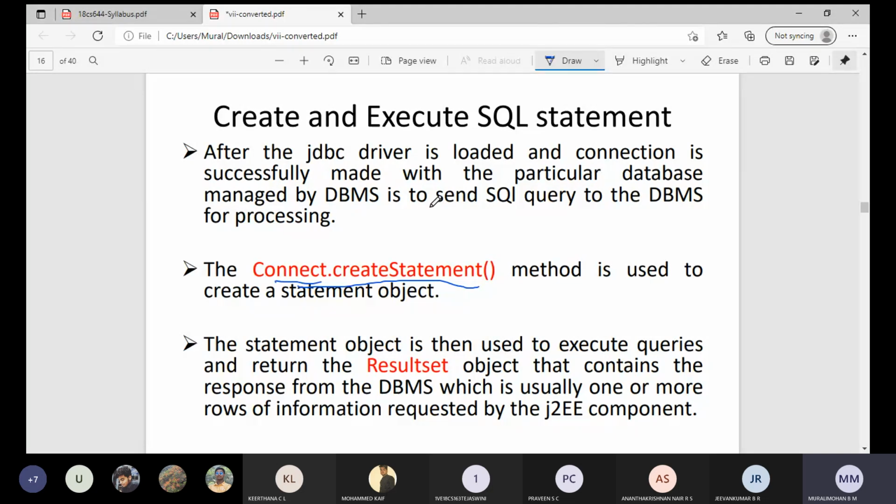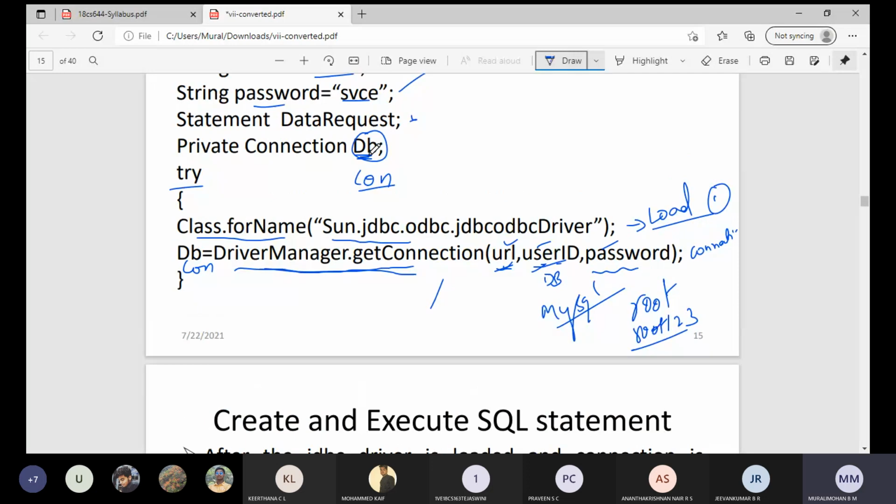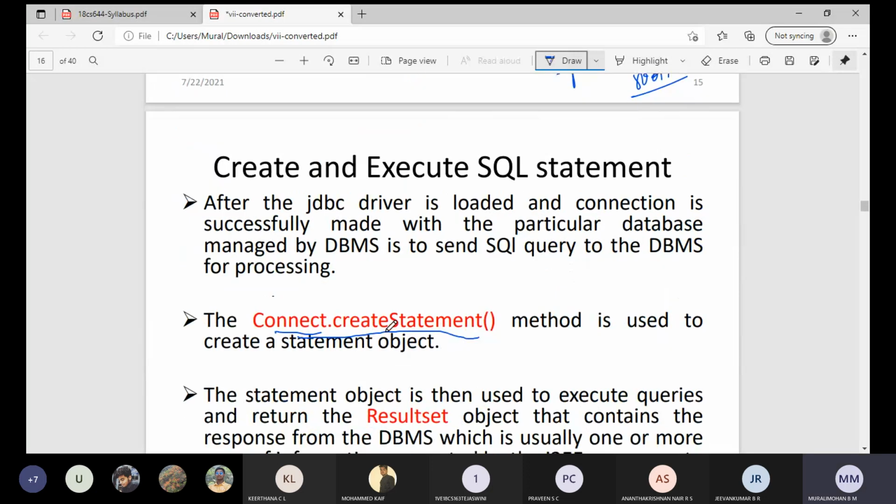So here we can use DB.createStatement, like that. Or if you are creating CON, then you can use con.createStatement. Or if you are using DB, then you can use db.createStatement. This method is used to create a statement object.